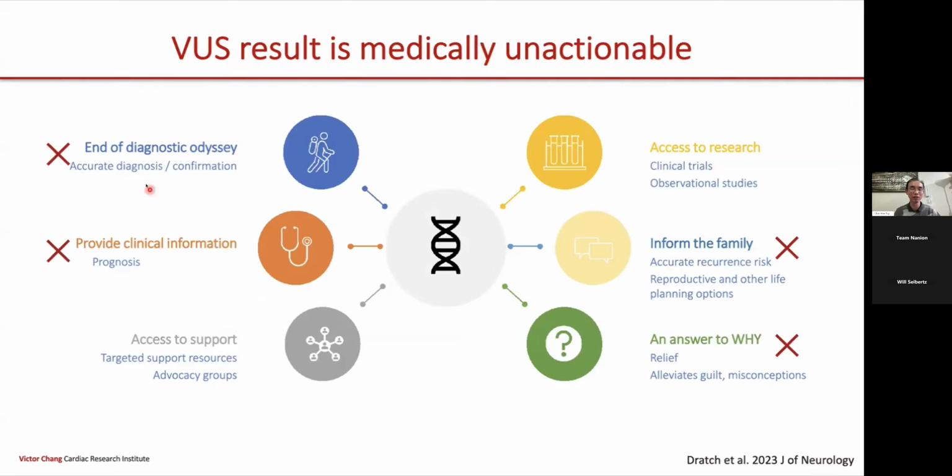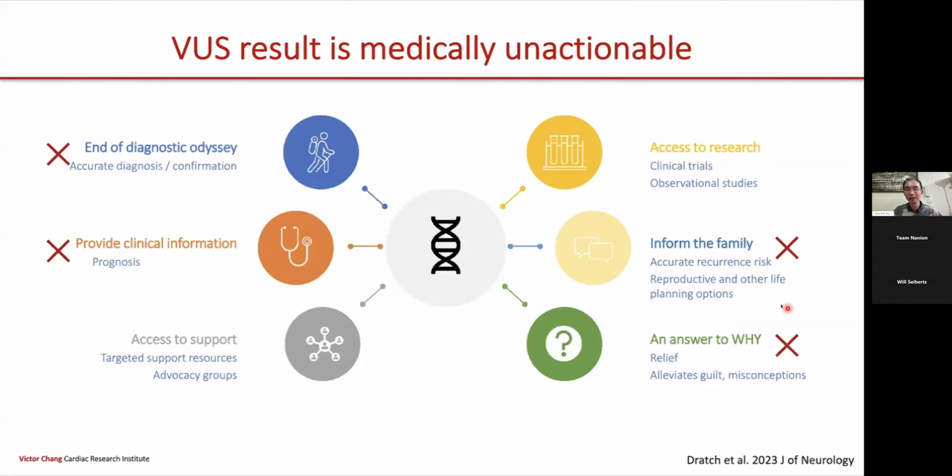Then you can follow up with, for example, family management. You can then have genetic cascade testing to identify at-risk family members, or pregnancy planning, IVF, and